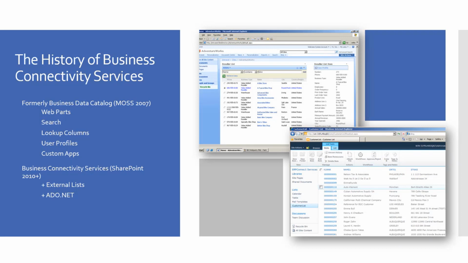There was also lookup columns as well. So it's the lookup columns that allowed you to effectively extend SharePoint lists so that you could look up content from a backend system as well. This is great actually if you integrated it into a document library. So as people created documents inside of SharePoint document libraries, in terms of metadata, you could look up from maybe a list of customers or a list of products and so on, select one of those, and that would become the metadata associated with the document. So really powerful in terms of being able to find content in the future